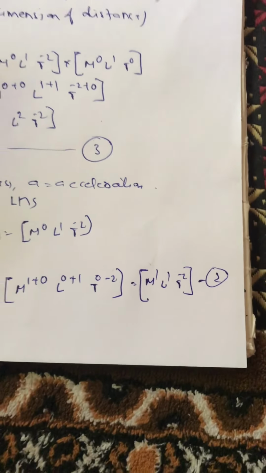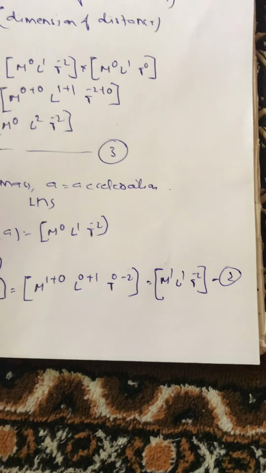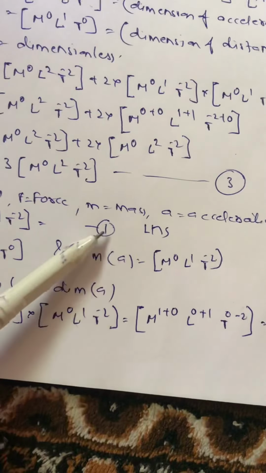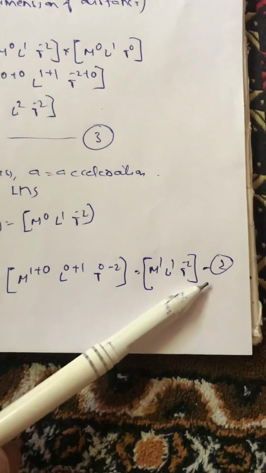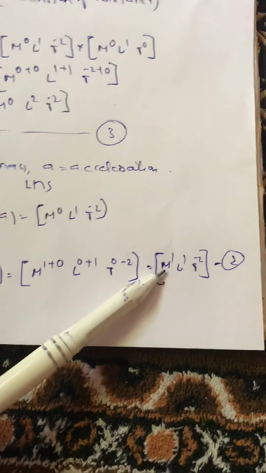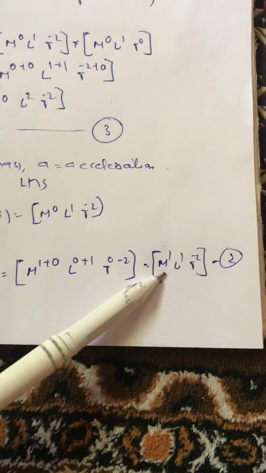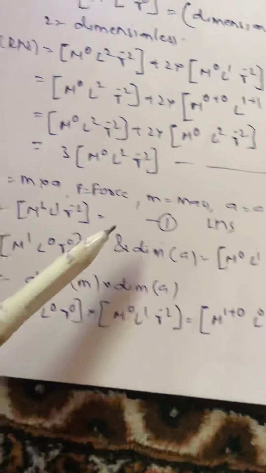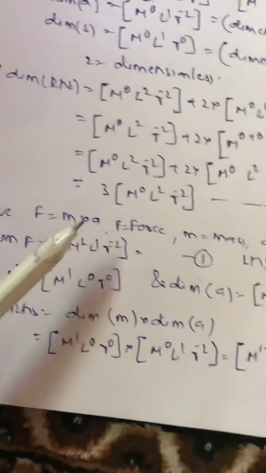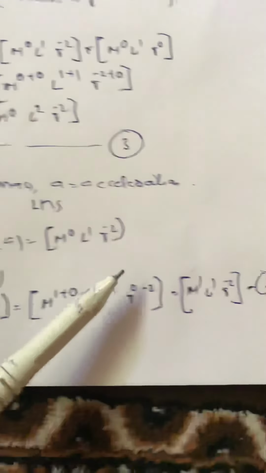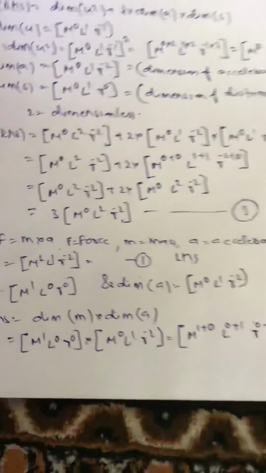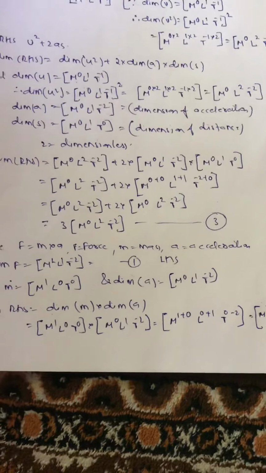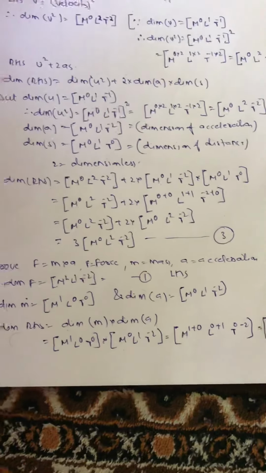So now how do you prove that the given equation is dimensionally correct? You now compare this equation number 1 with this equation number 2 and check whether the powers to which these values have been raised are equal or not. So what is the power of M here? 1. What is the power of M here? 1. What is the power of L? L power is equal to 1. And what is the power of T here? Minus 2, which is also equal to minus 2 over there. Therefore, since the left hand side is equal to right hand side, the given equation is dimensionally correct.